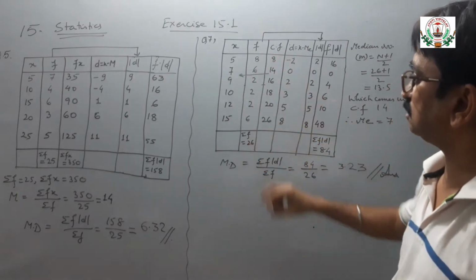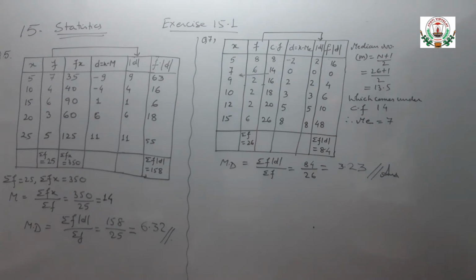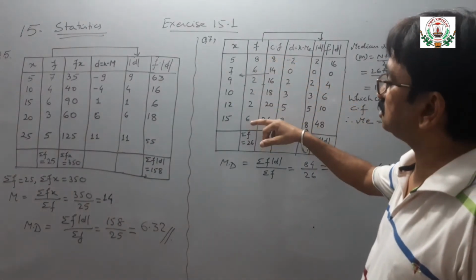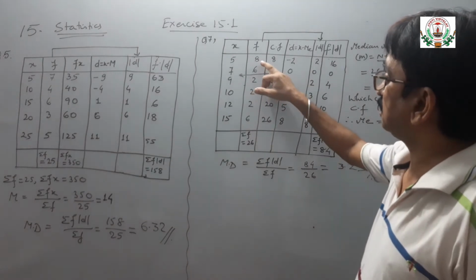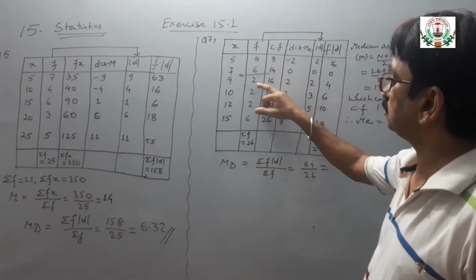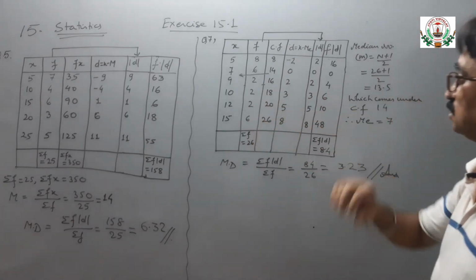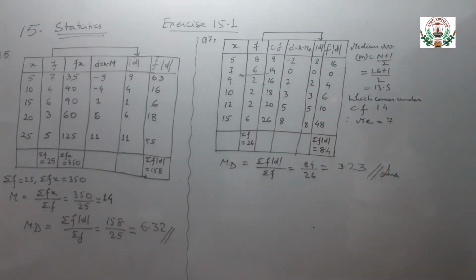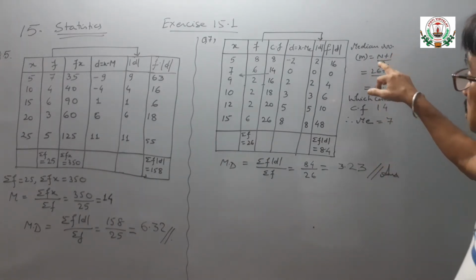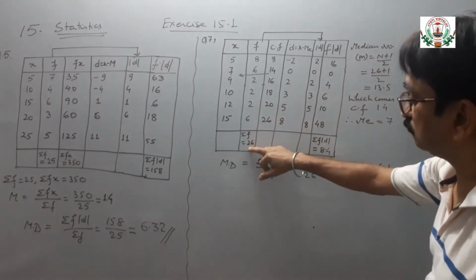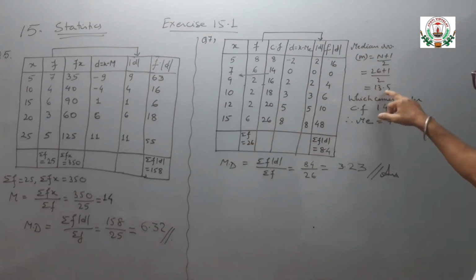Total of the frequency is 26. For calculating the cumulative frequency, we have to add up all these frequencies. In case of median, 8 plus 6, 14, 14 plus 2, 16, 16 plus 2, 18, 18 plus 2, 20, 20 plus 6, 26. And now the median number is calculated by the formula n equals (n plus 1) by 2, where n is our total of the frequencies, (26 plus 1) by 2, 13.5.